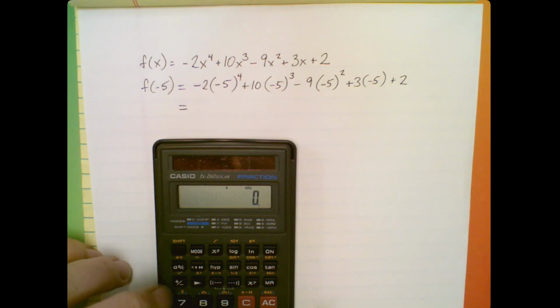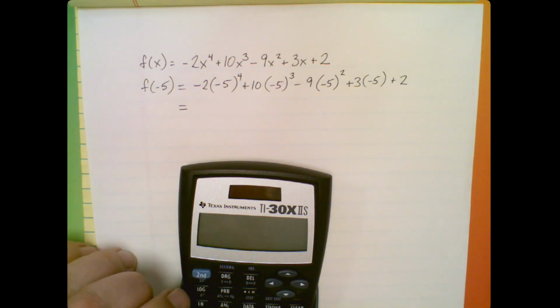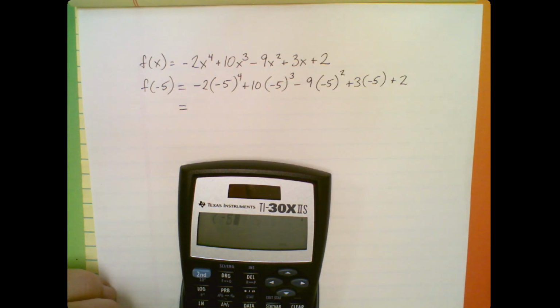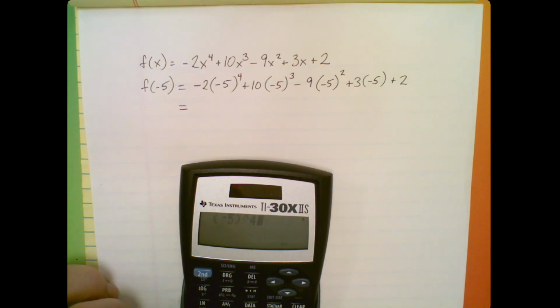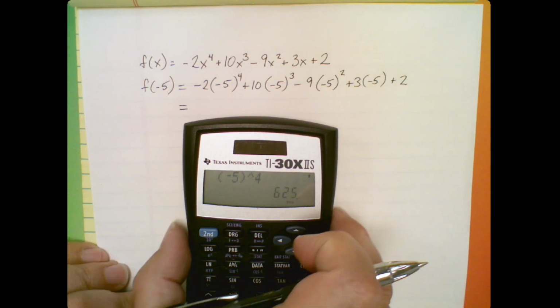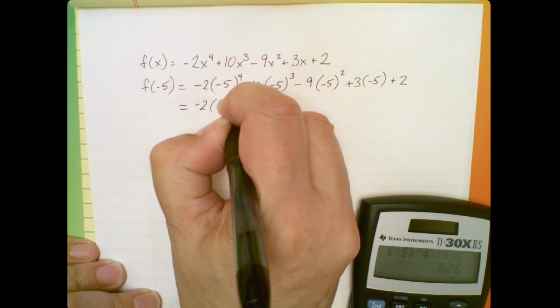Well, let's see. I don't like this calculator. I don't want to use that. I'm going to use this one. So I want negative 5 to the fourth. It's not on. There we go. Negative 5 to the fourth power. If you can see this, what we wind up with is 625. So this is negative 2 times 625